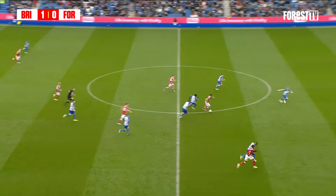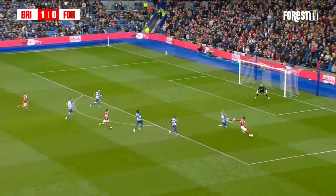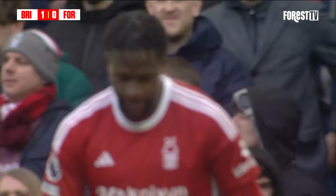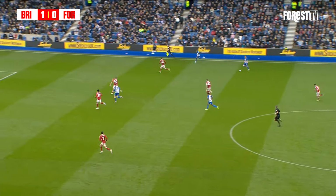Gibbs White linking up nicely with Chris Wood. Now feeds it through for Divock Origi. Origi from a tighter angle this time fires over the crossbar. As he goes into the penalty area, he's probably about 12 yards from goal in the end again, but Pascal Gross hooks it away to the right-hand side, and Joel Veltman